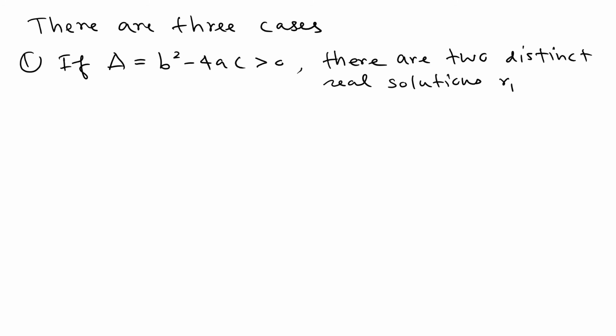We can call them R1 and R2. So then in this case, since there are 2 solutions, what happened at those solutions? Those are actually the